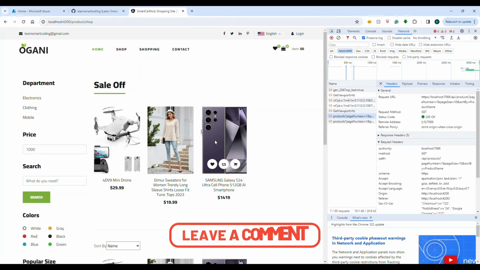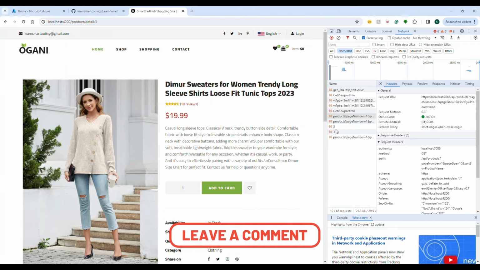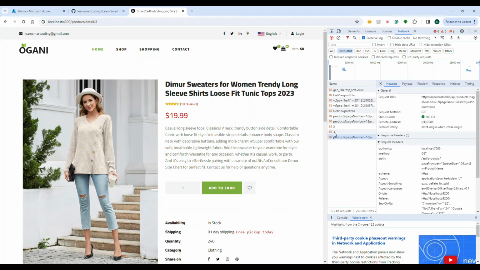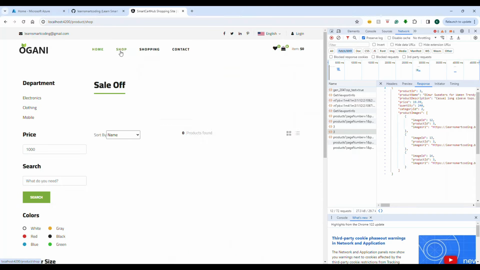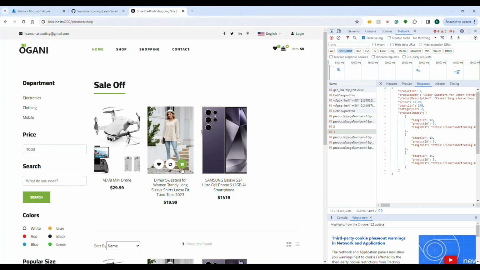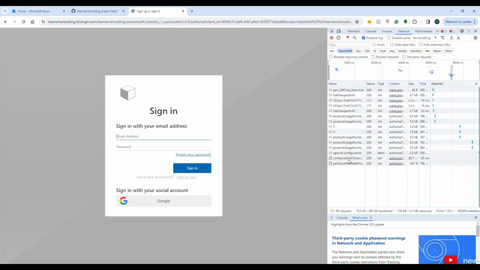Right now, if I click inside the product details, it is still calling a different API. We are getting the data, right? Still no protection. However, the moment you think that it has to be added to the cart, when I click on this, you can see what happens now. See, now the application is forcing the user to log in